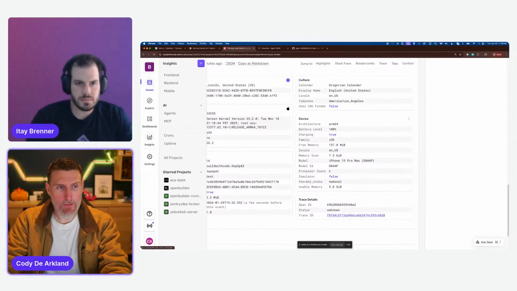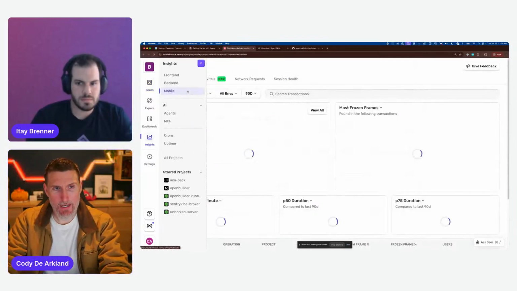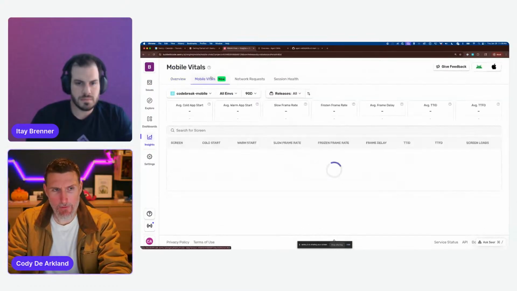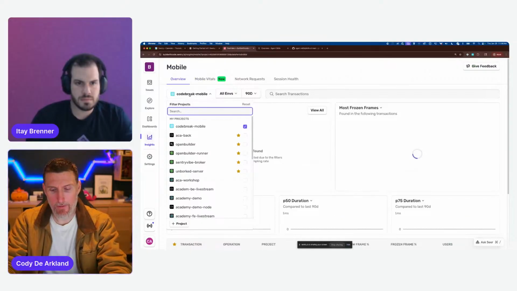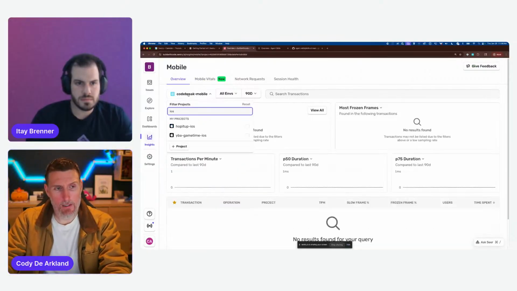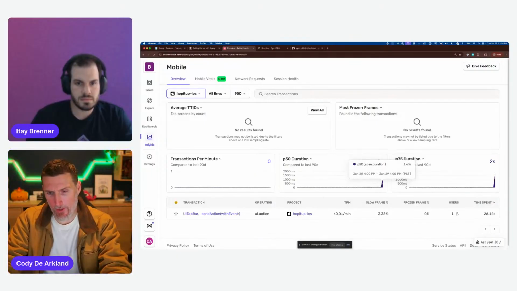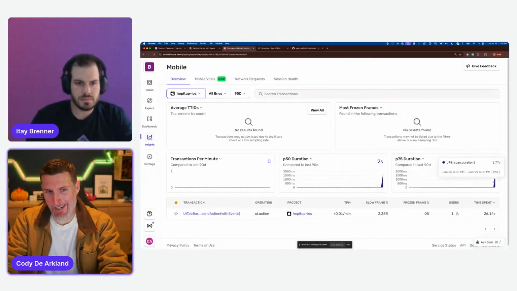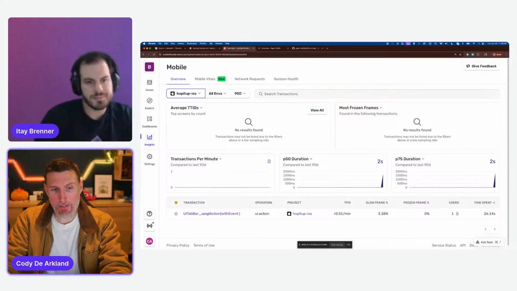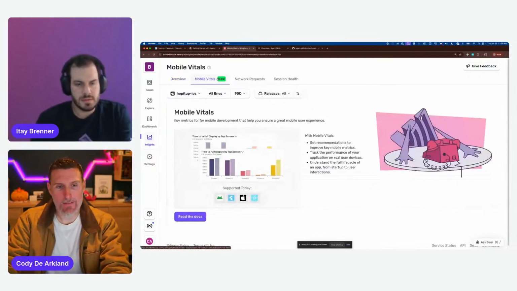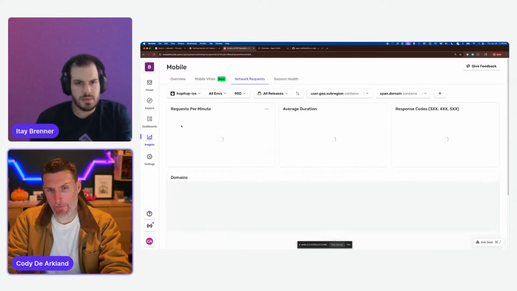One of my favorite places to go is over into Insights, and you can start diving into some of the mobile areas in here. These start populating over time. I'm in the wrong project though, so that doesn't help. These start populating as more and more data comes in. You can see we're pretty early in this, so there's not a lot of traffic in there yet. But I can quickly see what some of the interactions inside of the application are causing behind the scenes. I can see information on the network